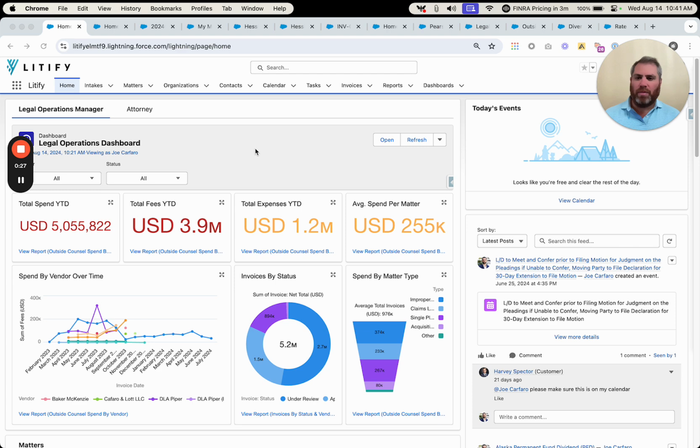Today, I'm looking at my legal operations dashboard, and you can see that I'm looking at high-level metrics for the entire organization. Total spend, fees and expenses, spend per matter. We're looking at some invoices by status. We have links to calendars. And then we can even provide a different view, which, for example, if you were an attorney looking at this,